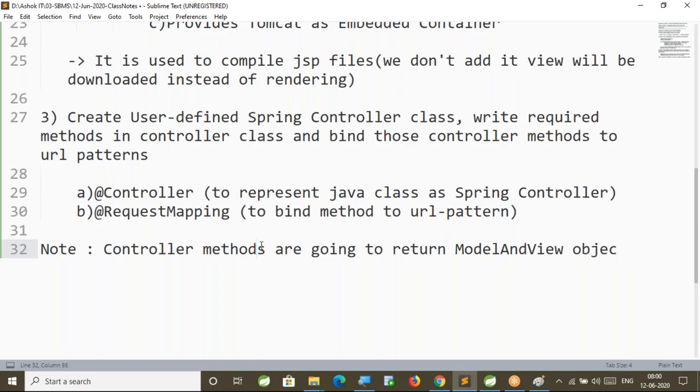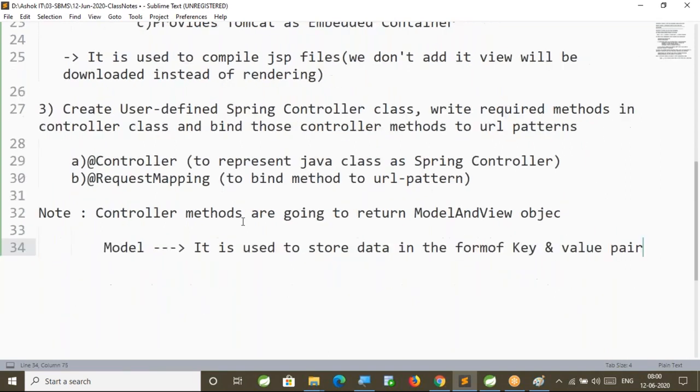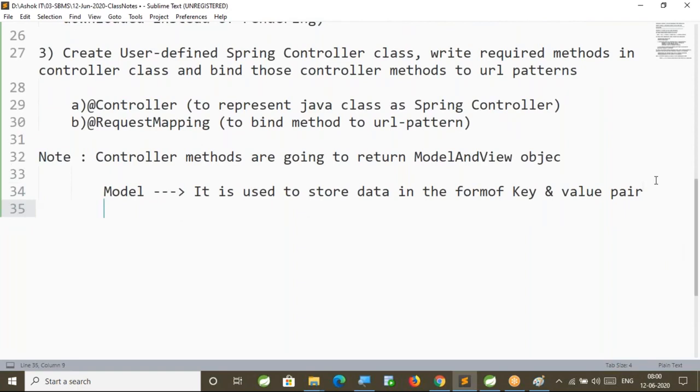In the MVC architecture, I explained what is that model and view. Model is used to store the data. Model is something like a map. It is used to store data in the form of key and value pair. So you can store multiple key value pairs. That means we will store the data in the form of entry. One entry nothing but one key and one value. Model is used to store data in the form of key and value pair. Right. Next one, view represents